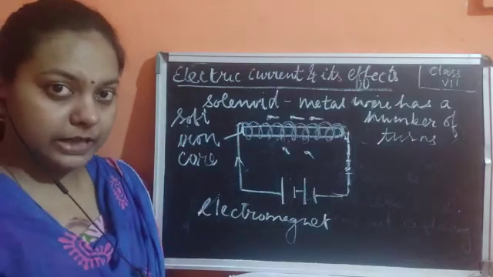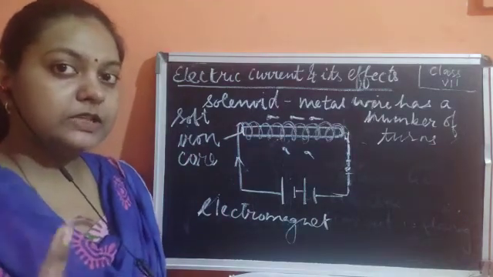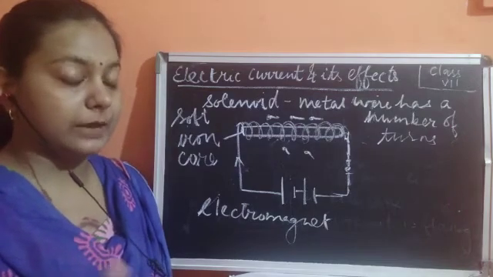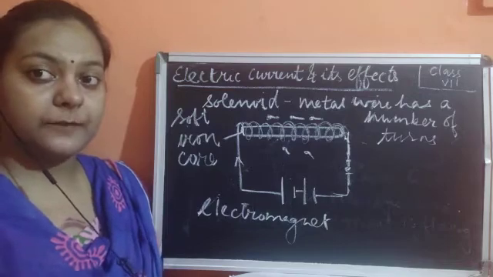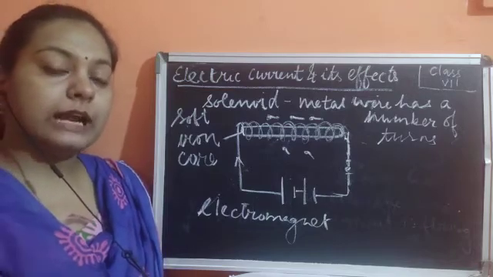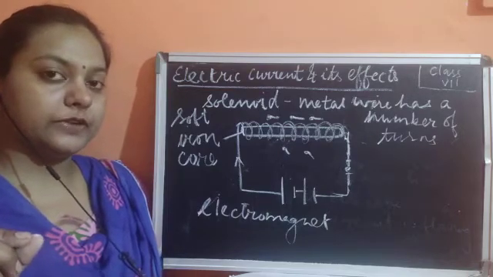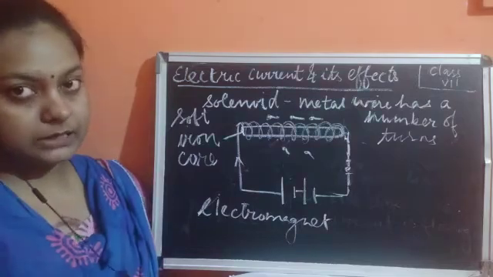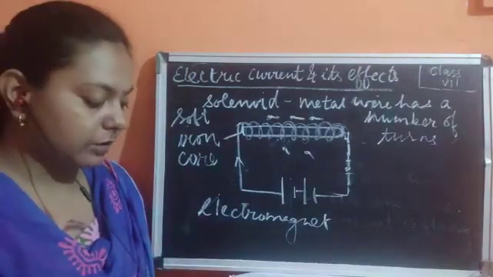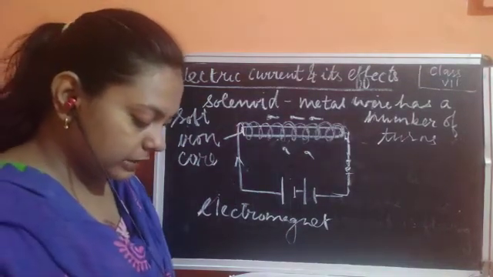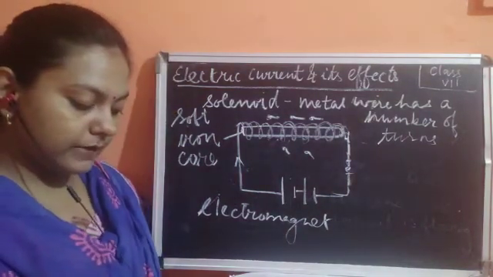It starts behaving like a magnet, because the pins of the socket, the pins of the plug, I mean to say the plug is behaving like a magnet for a few seconds. So that is why it is said that electric charge also contains magnetism in it, and this could be shown easily by this electromagnet. Now we are discussing the things which are related to this electromagnet and where it is being utilized.